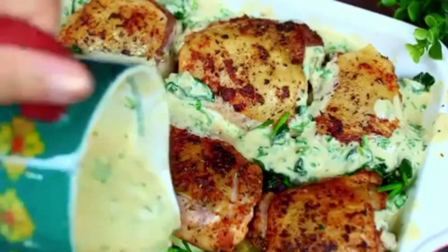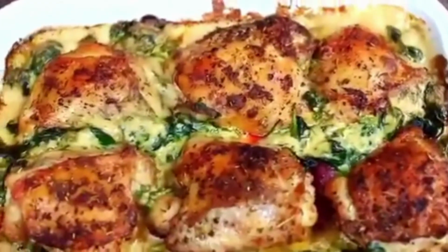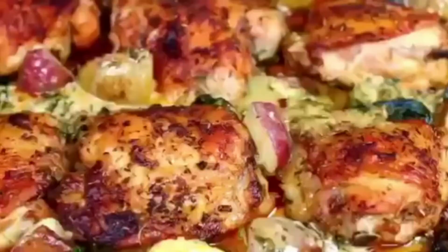oven until the potatoes are fully cooked through, okay? And here it is out of the oven. This is one big pan of hot,